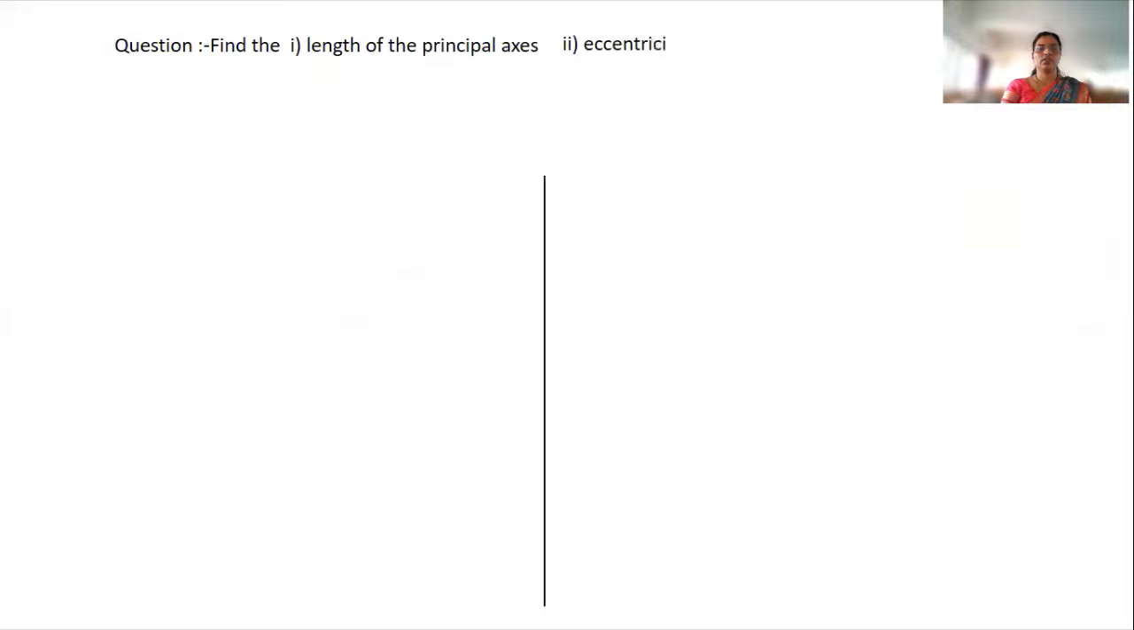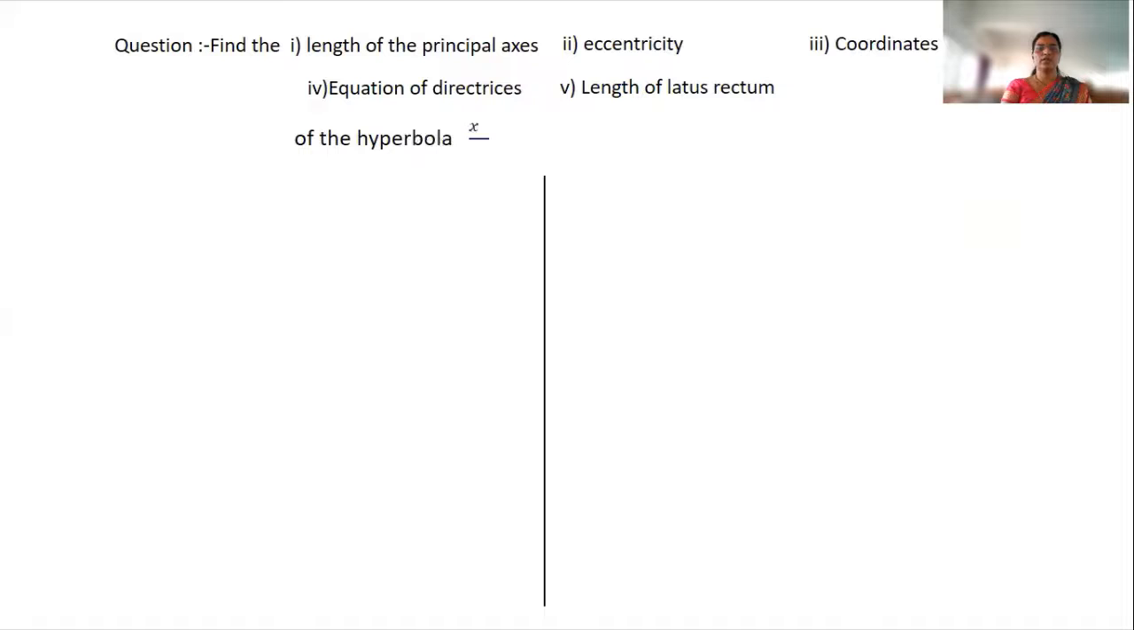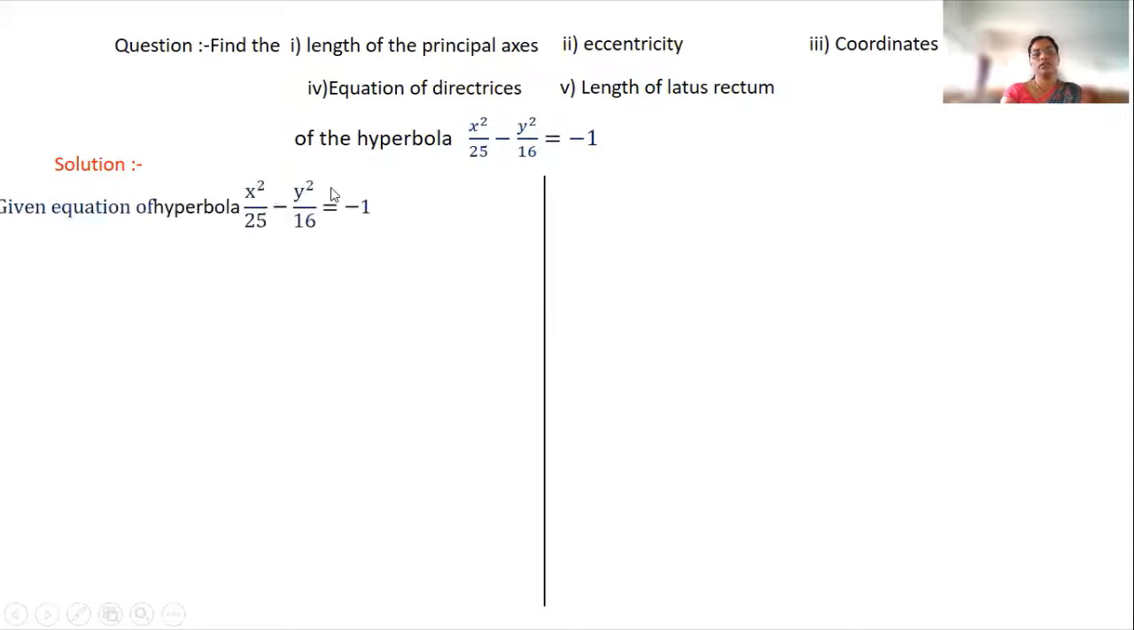Now, the next question is the same as above, but the equation is changed by sign only. x square upon 25 minus y square upon 16 is equal to 1. For this hyperbola, we have to find the same terms. Now, the given equation can be written as y square upon 16 minus x square upon 25 is equal to 1,